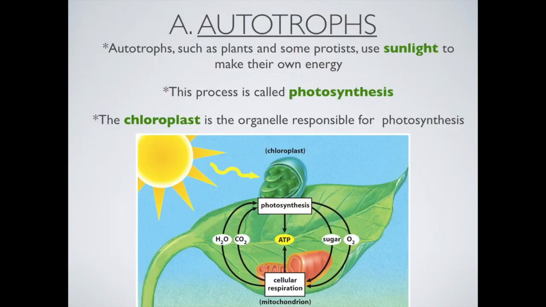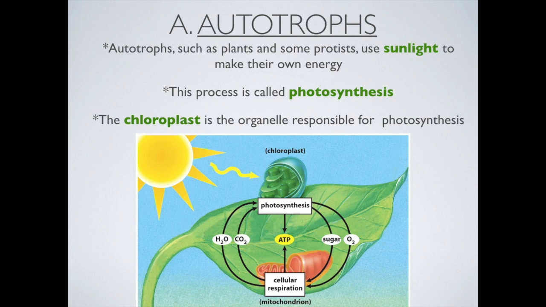Let's first talk about autotrophs. Autotrophs, such as plants or certain protists like the euglena, can use sunlight to make their own energy. They go through the process which is called photosynthesis. The organelle that performs photosynthesis is called the chloroplast, and usually these organisms have green cells, which is from the